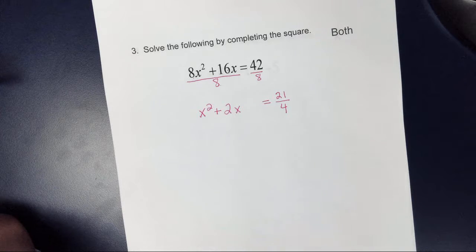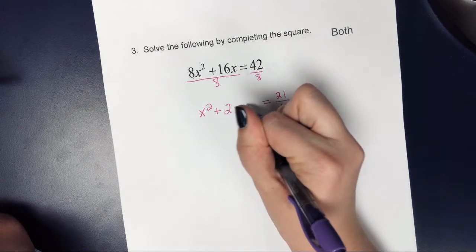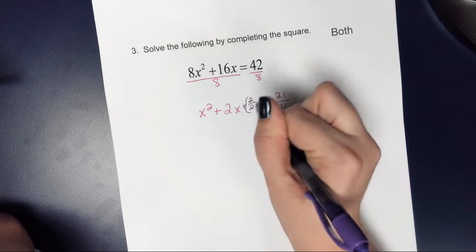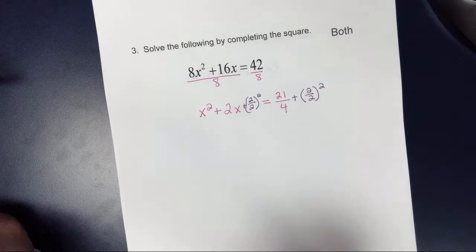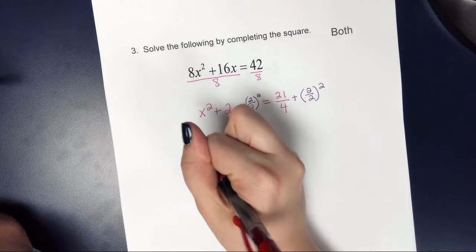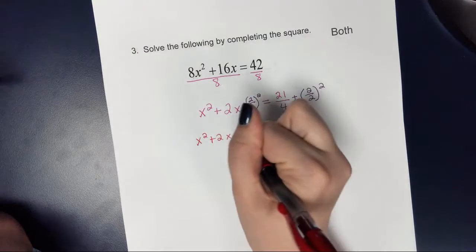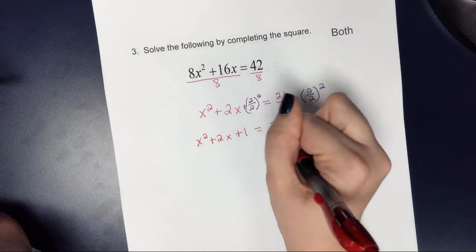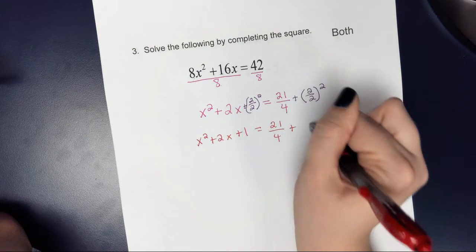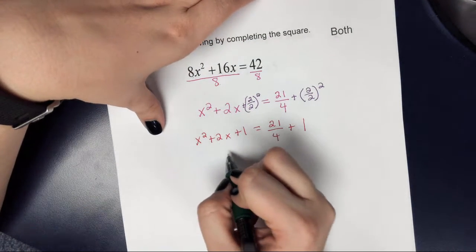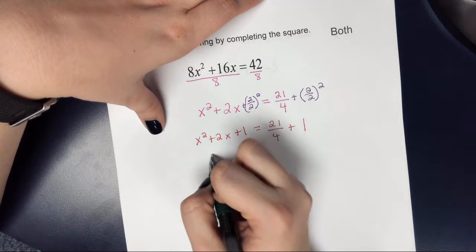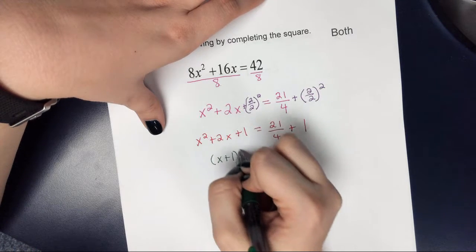It's okay. So then I'm going to add 2 over 2 squared to both sides. So then I get x squared plus 2x plus 1 equals 21 over 4 plus 1. So now we're going to factor the x squared plus 2x plus 1. It's a perfect square trinomial, so it's going to become x plus 1 squared equals